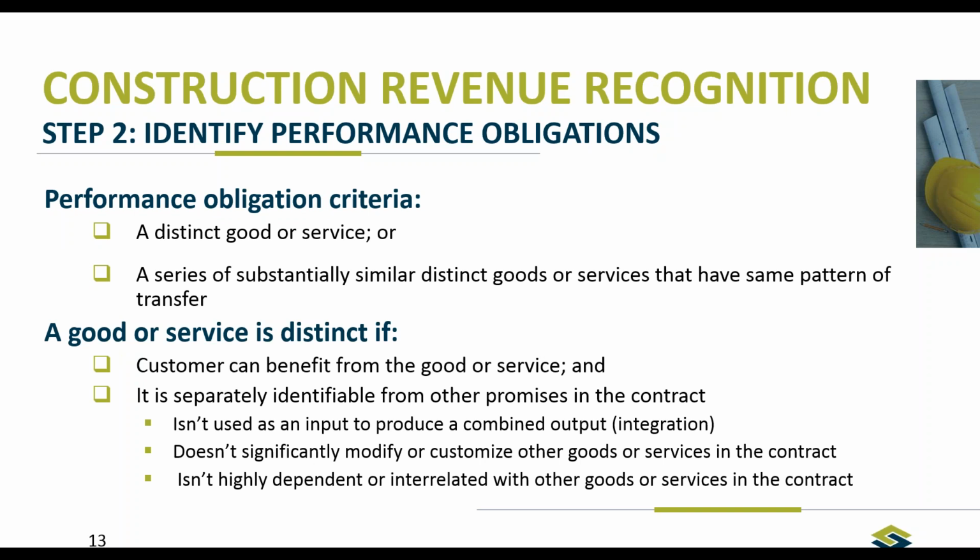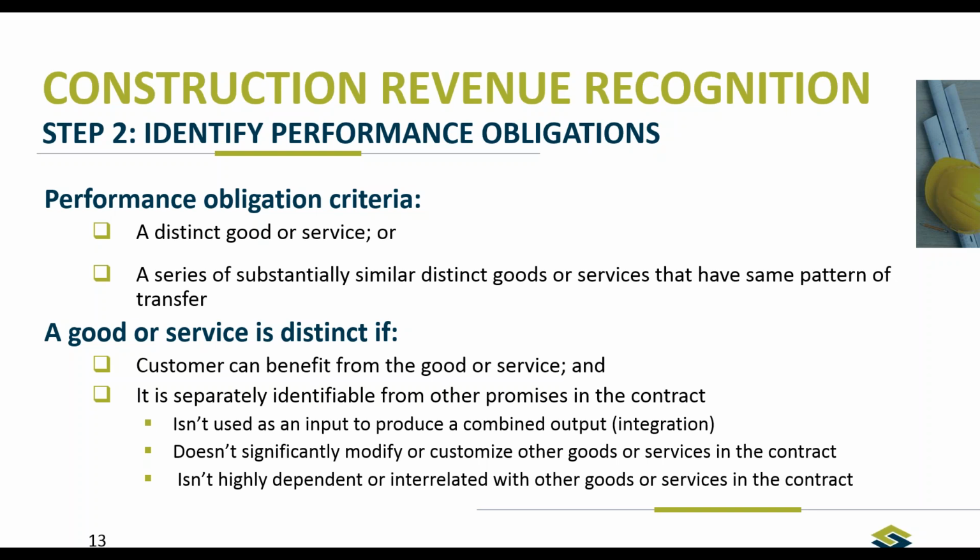So there are two primary items that you have to go through to determine if two separate performance obligations have to be recognized. You have to determine whether or not the good is distinct by itself or a series of substantially similar distinct goods or services that may have the same pattern of transfer. If you meet these two criteria, then if they're distinct from each other, they would have to be recognized